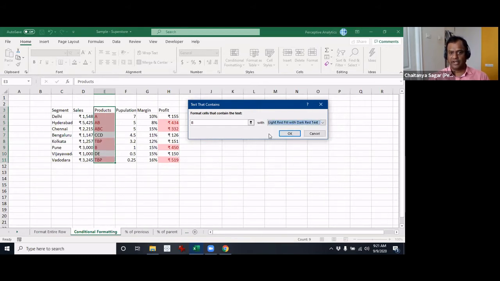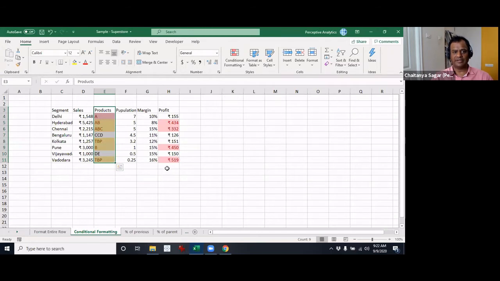All right, now what you can see here is all of the cells have the same kind of formatting. Because there are two rules, there is an overlap, so let us see what happens. We can figure this out when we have a different rule. Let's say now this is yellow fill. If you look at this, the later rule will take over.